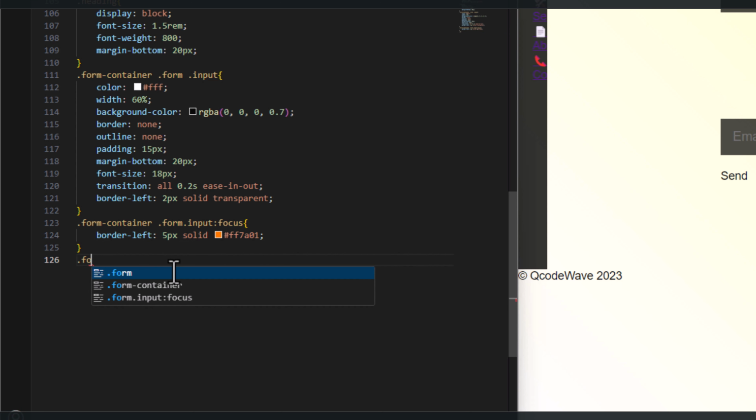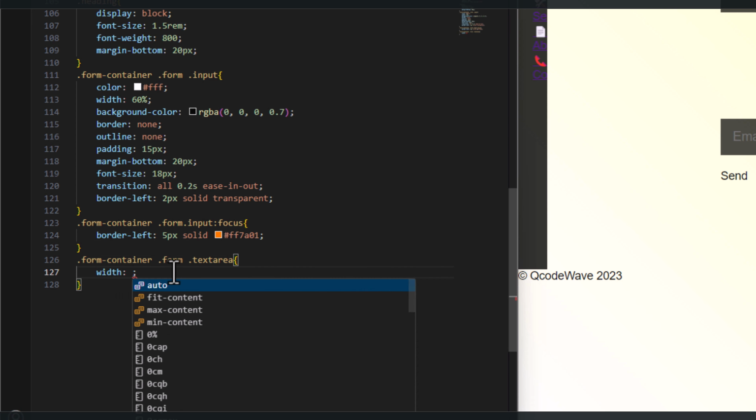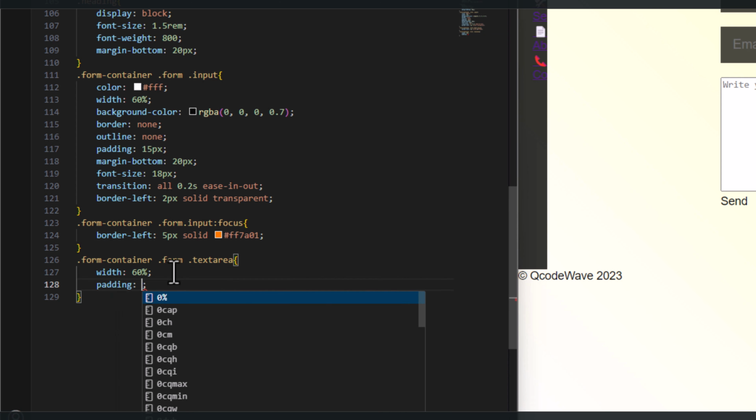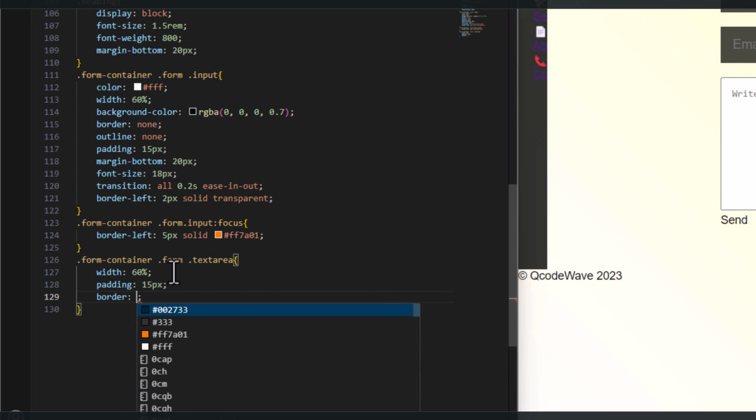Now dot form container dot form, and here now we need to customize the text area, and the text area width add 60% as well. 60%, padding 15 pixels. Say border none,